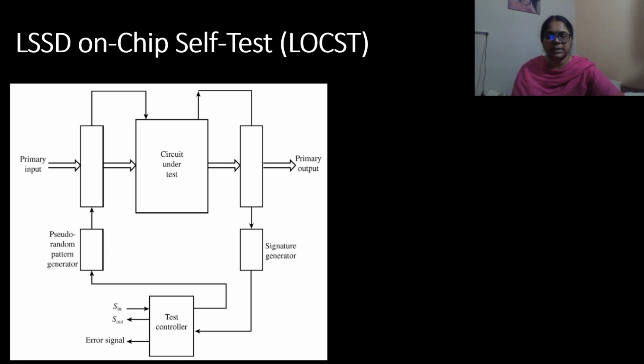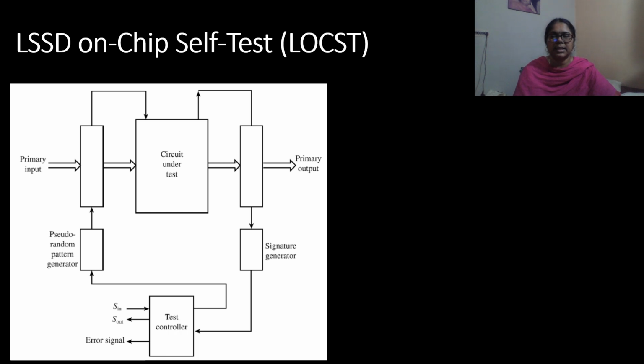So I hope you have understood testing and verification. Basically, what you have to understand is that whenever you design a circuit, at various levels we are going to verify whether our design is correct or wrong. At the front end as well as at the back end of the design, at every step we check by performing simulations, and even after the chip has been manufactured, testing still takes place.